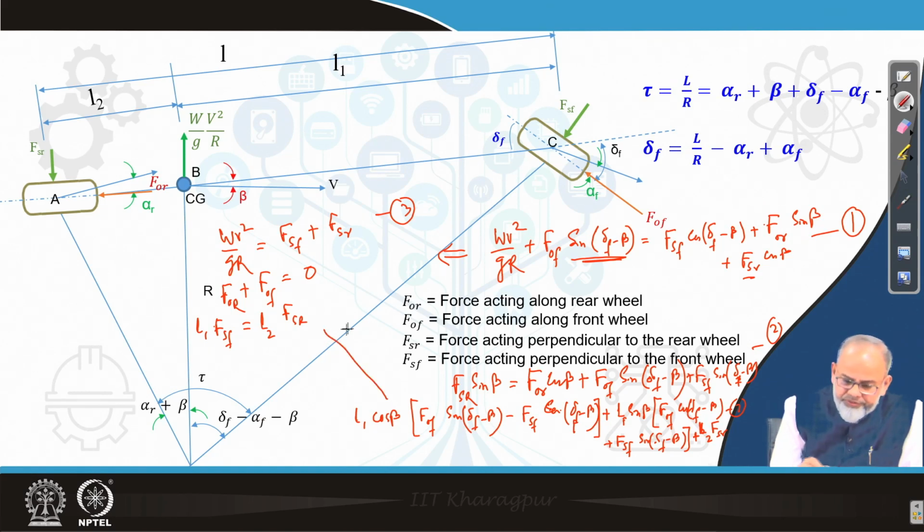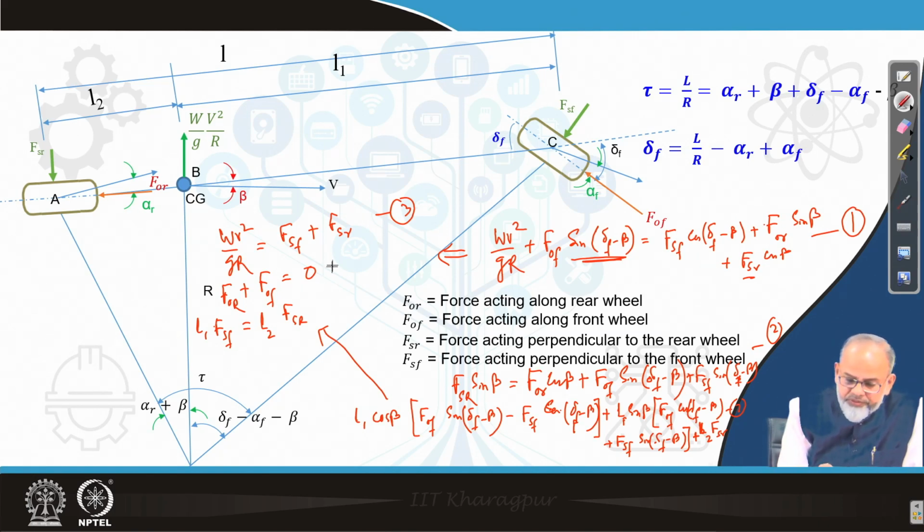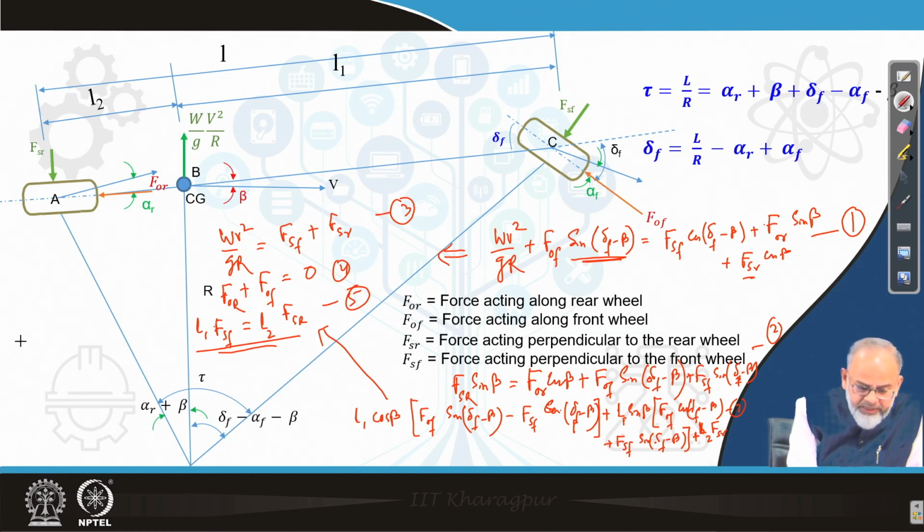These are the equations which we got when we assume that delta_f and beta are small; that is why we have resolved equations 1, 2, 3 into equations 3, 4 and 5. Now, from equation number 5, we can say that F_sf will be equal to L2 by L1 into F_sr. Now, if I substitute this value in equation number 3, then it becomes